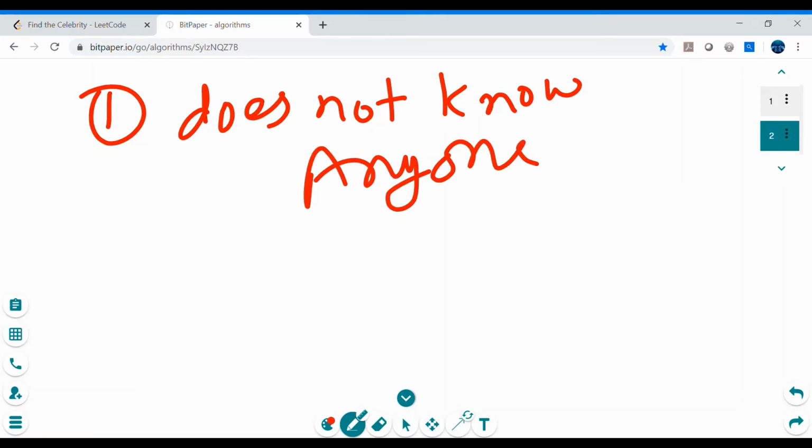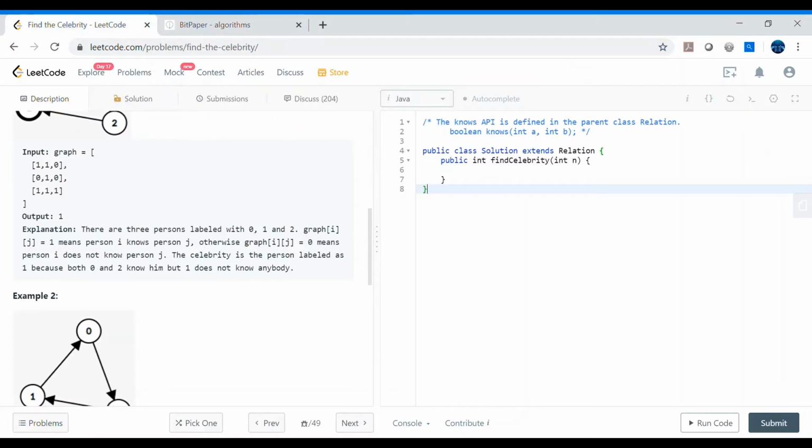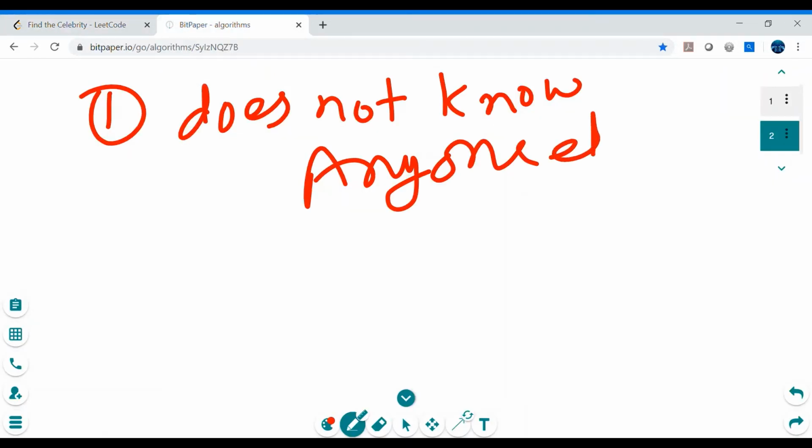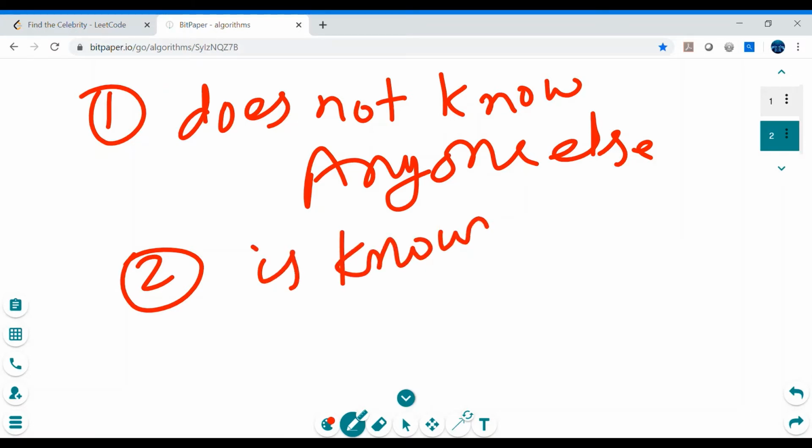Anyone, right? Except himself or herself, right? Because definitely he will know himself or herself, right? Anyone else. All right. So this is the person, and is known by everybody else, everybody,